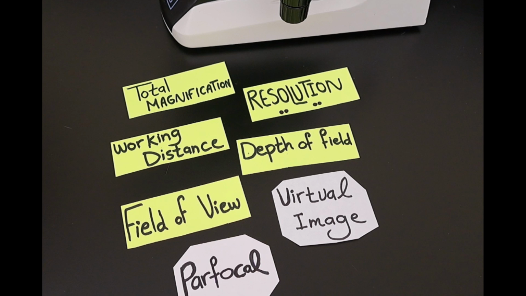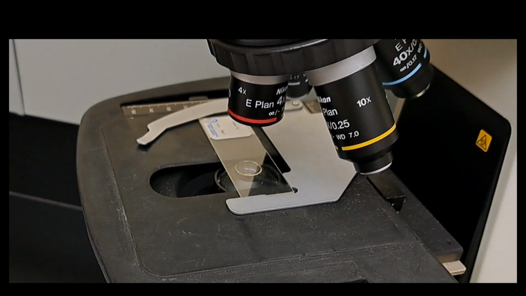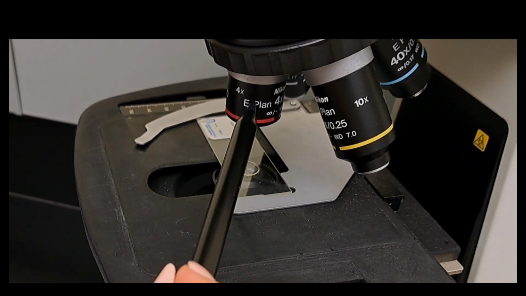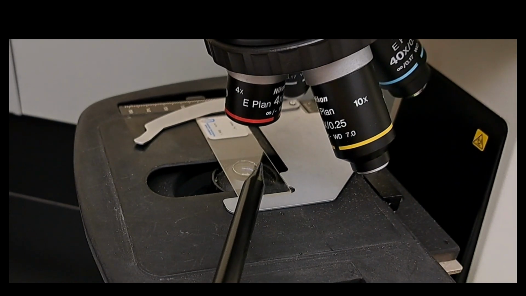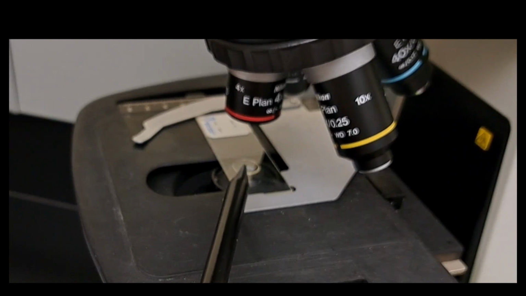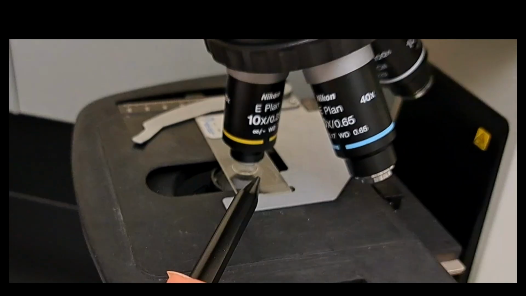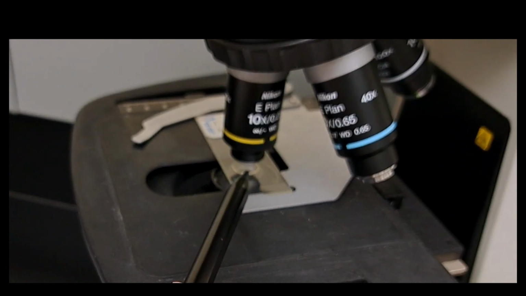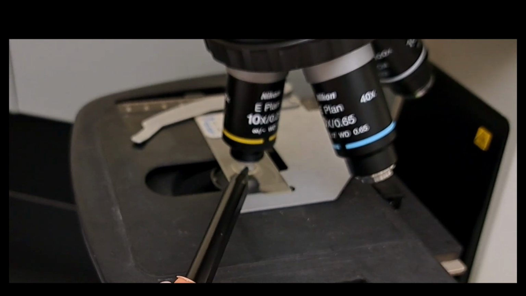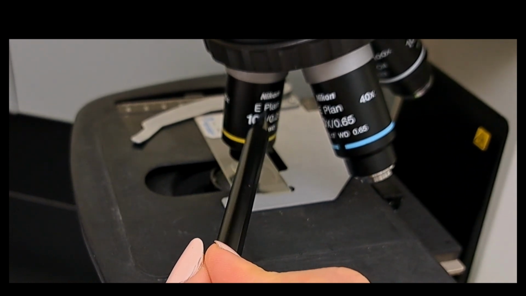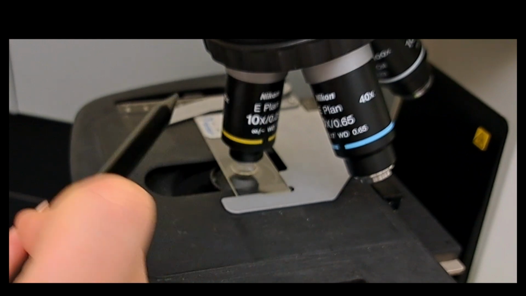Moving to parfocal, which is very helpful for a microscope to be parfocal. Why? Because let's say I'm viewing this slide under the microscope via the 4x objective lens. I had my slide in focus and clear. Then when I switched to 10x, which is higher magnification, the slide remained in focus. This is the parfocal, which is when the slide stays in focus at a higher magnification once it is properly focused at a lower magnification.